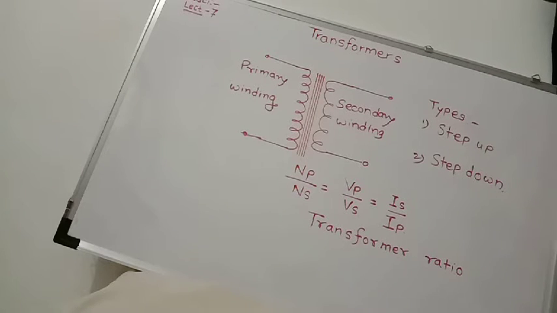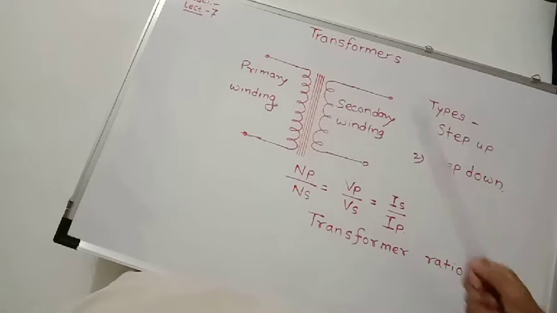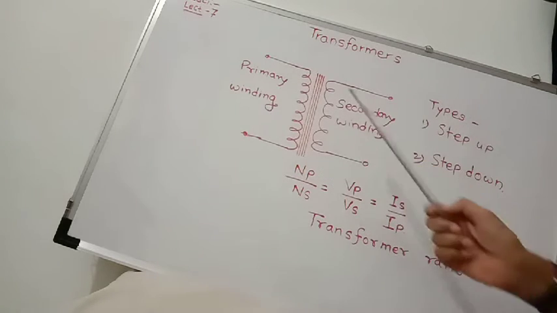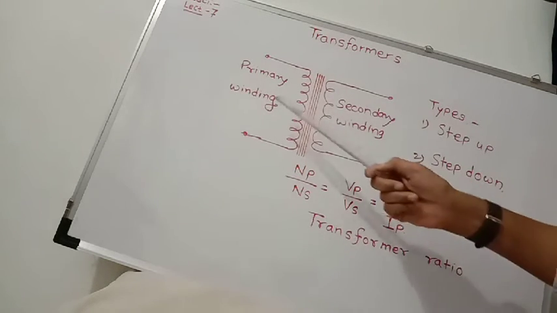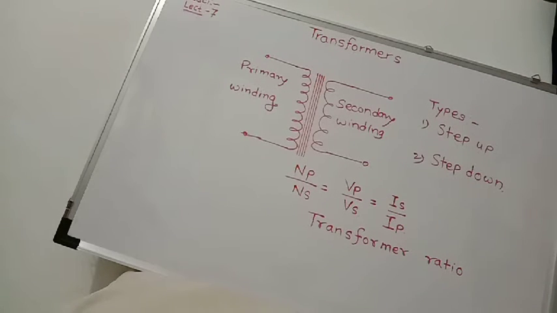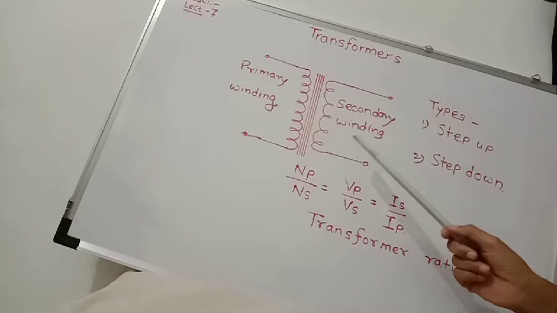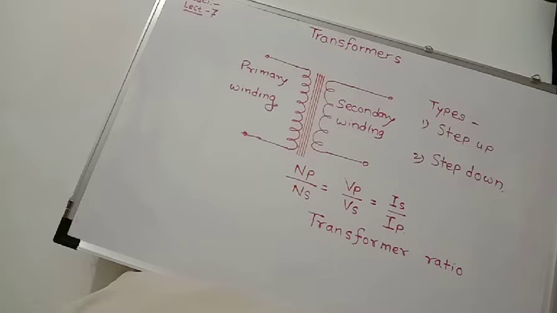A transformer consists of two inductors, or two coils. These coils are also called windings. There are two windings, the primary winding and the secondary winding. Based on the number of turns used in the transformer, there are two types of transformers: step up transformer and